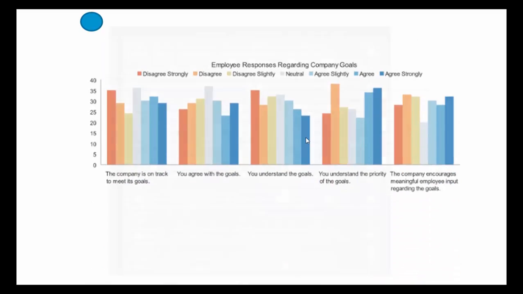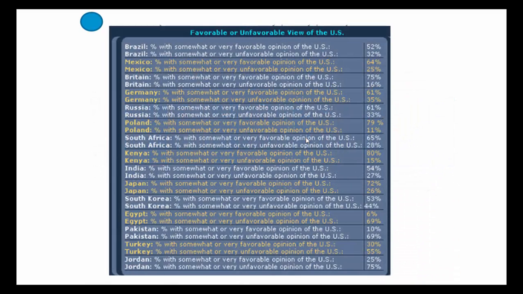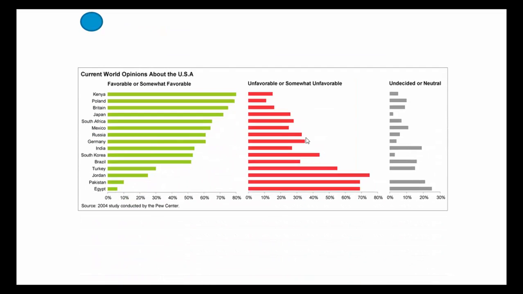Too difficult, too complex. And then we have tables. Tables are good for some things, but other things they're not. So favorable or unfavorable views of the United States. This is super easy to read that Kenya has the most favorable view of the United States, while Egypt has the least favorable, and it kind of breaks down the difference between the highs, or the yeses, the nos, and the